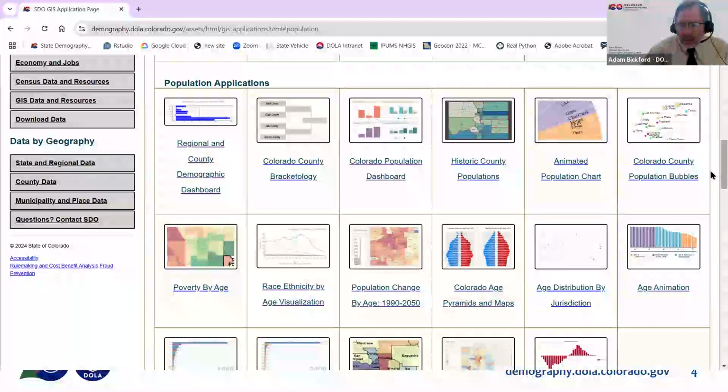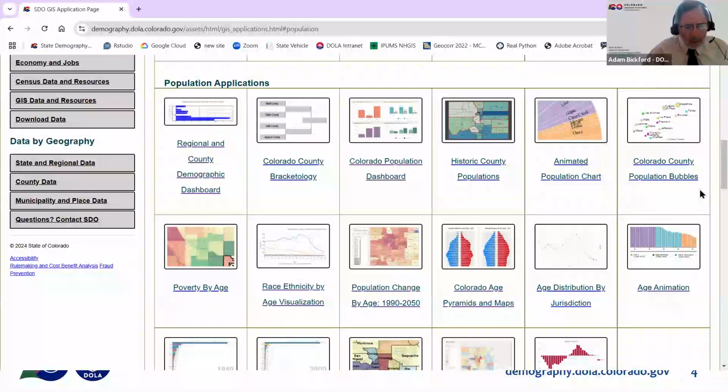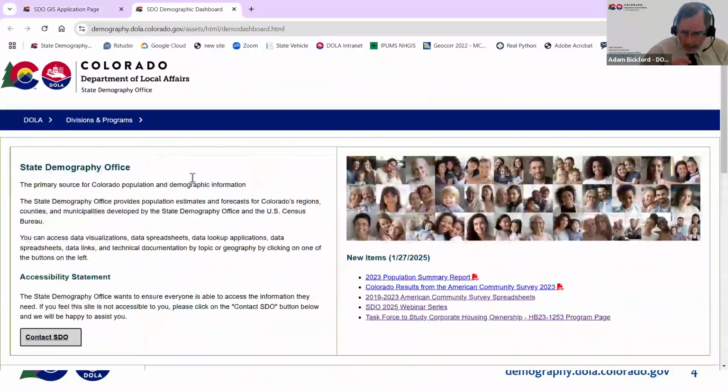Want to take a look at some of our visualizations. We have a lot of them that reflect requests we've gotten over time about, I want to be able to see a particular layout for a particular geography, and we've developed tools for that. I want to take you here to